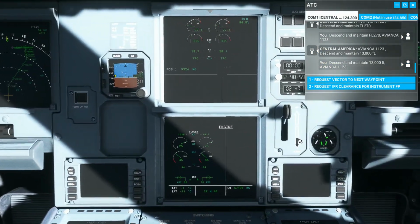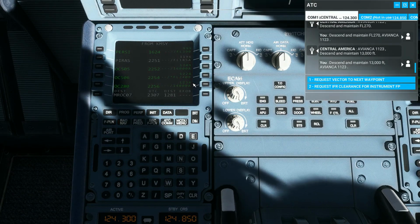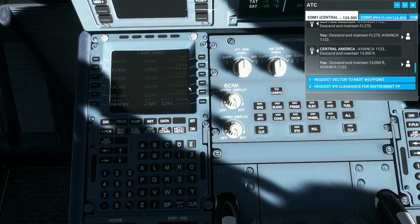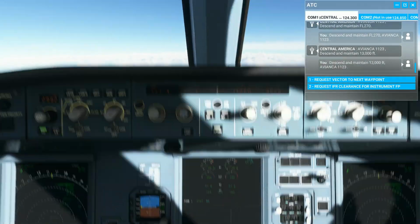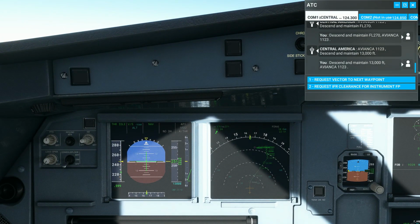Where's it saying I should be at here? Okay, it's saying on this next waypoint 16. Wait, this looks kind of strange, because when you look at it, flight level 240, why would I be at 240 right here? And then 14,000 right there. No, so that's not going to do it there. I should have adjusted those before, but it automatically enters that in when you select fly to and from on the map. And so